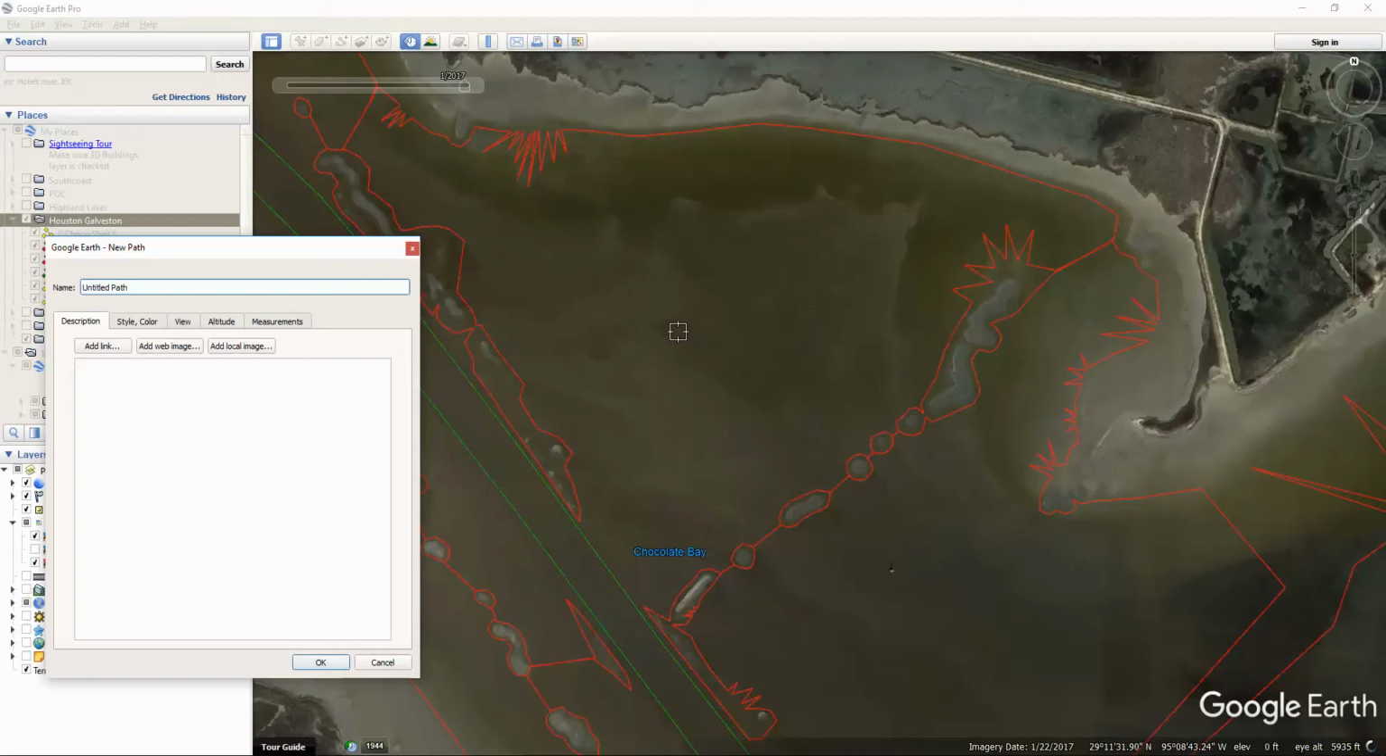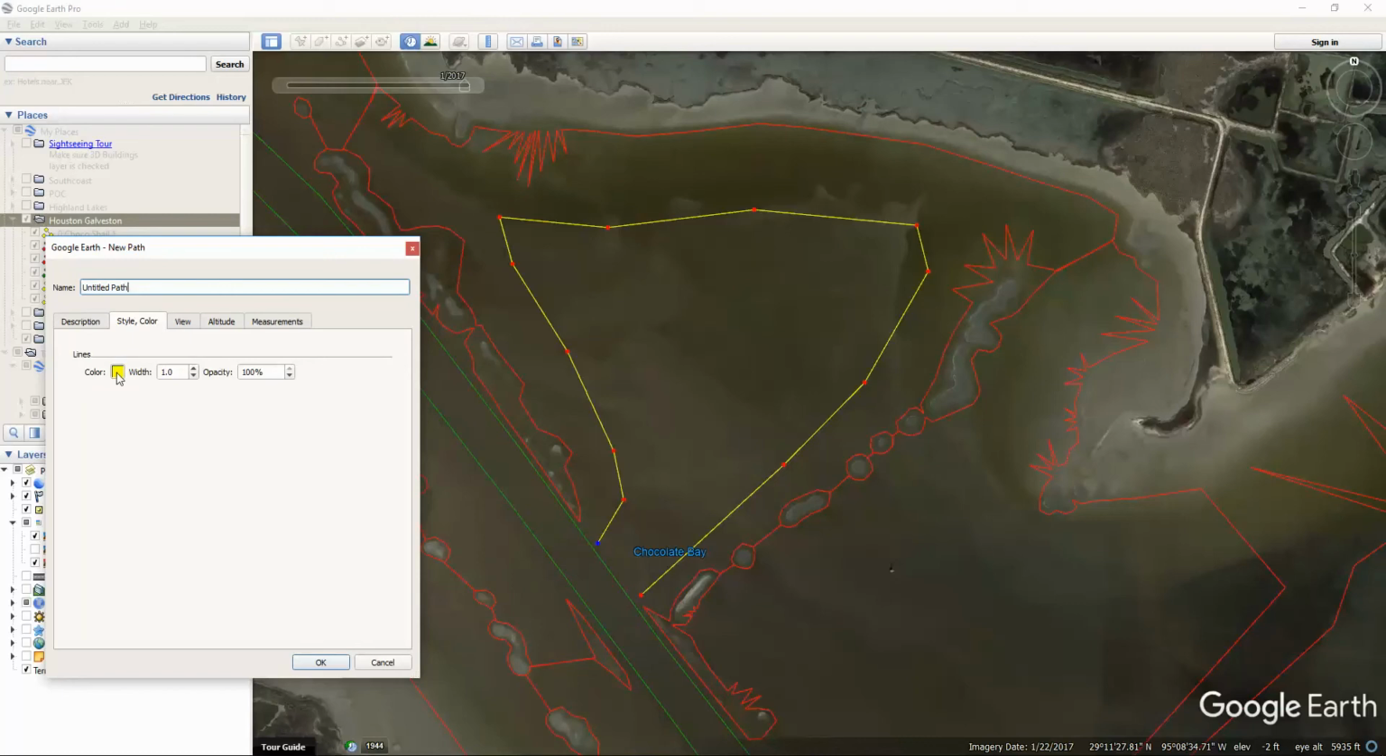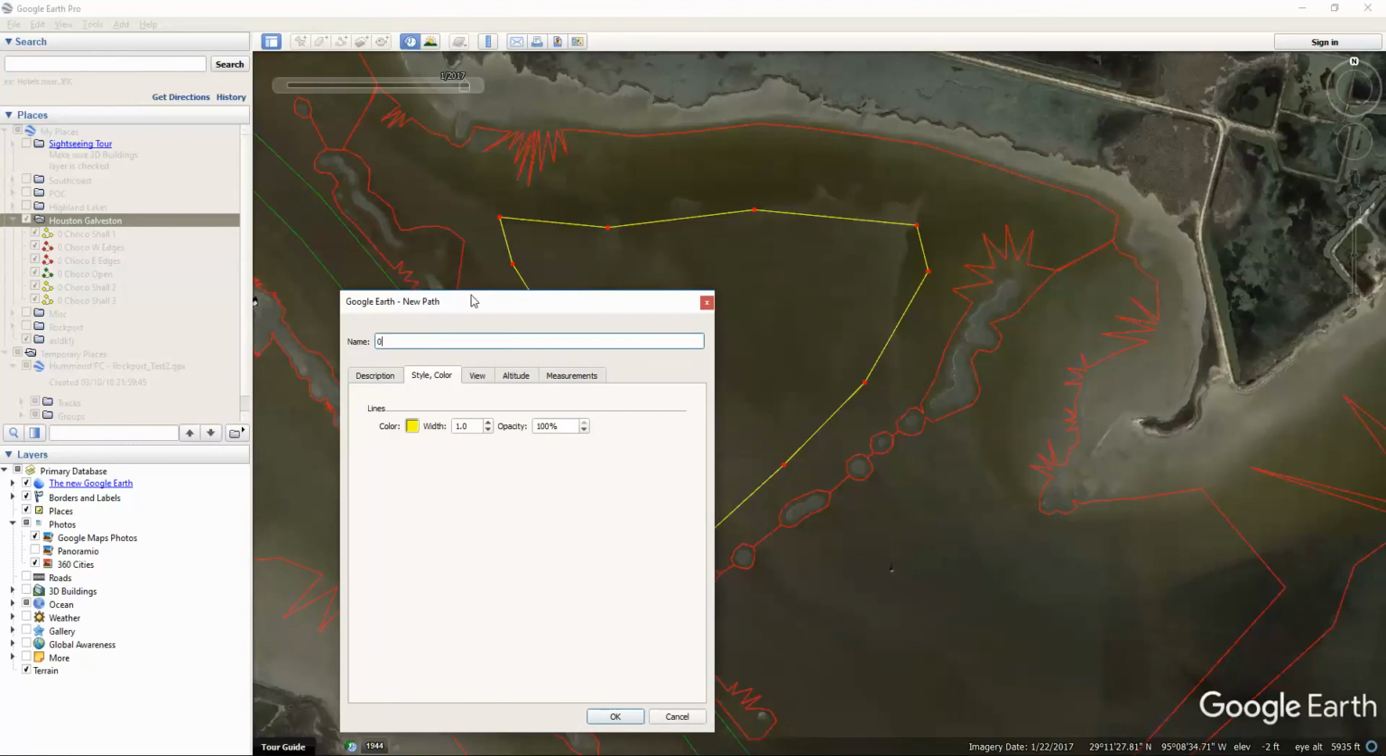And you'll notice that your mouse cursor turns into this little target. As soon as you click somewhere, that is the first point of your path. And I'm just going to very quickly make a simple little path of places that I know I can go cautiously inside this area. And in style and color, you can adjust that color. I already had it set to yellow. Give it a name. I'm going to call this path 0 space Chaco